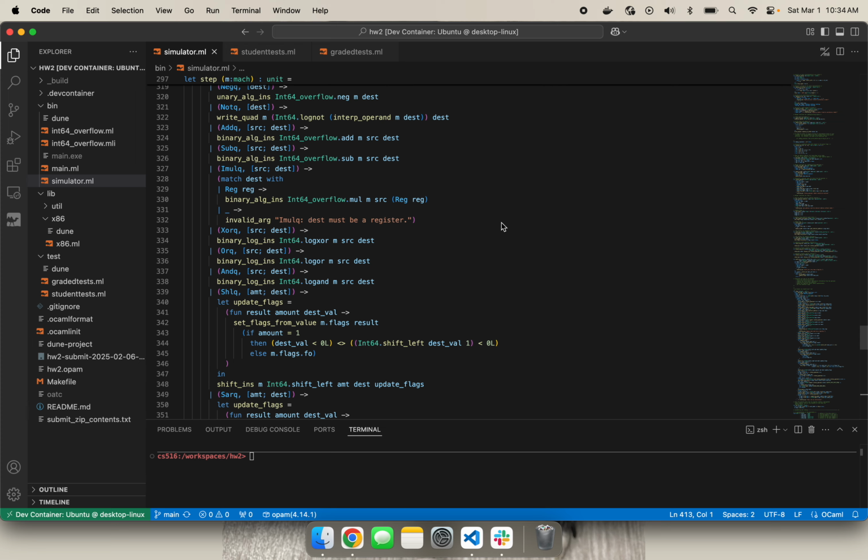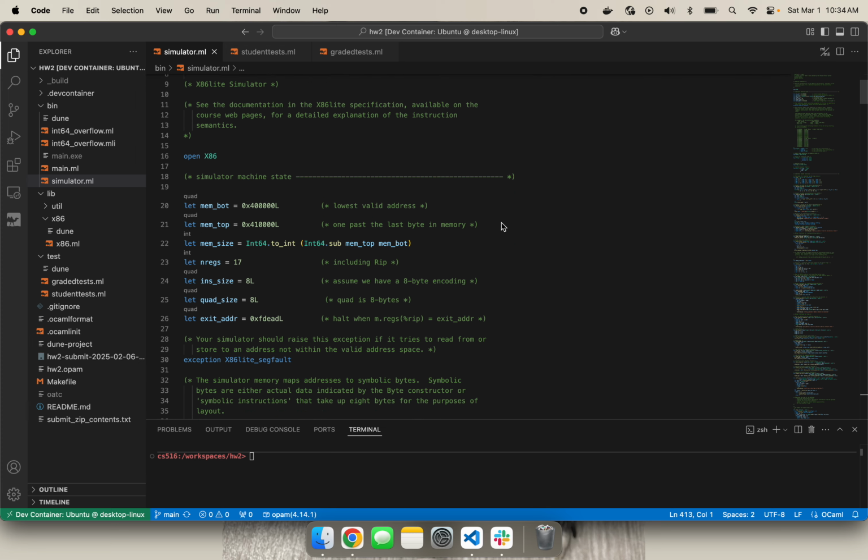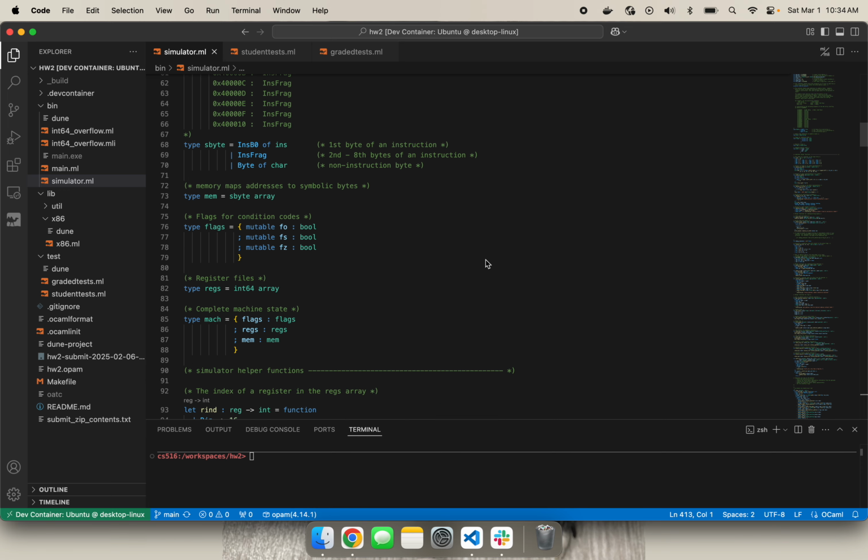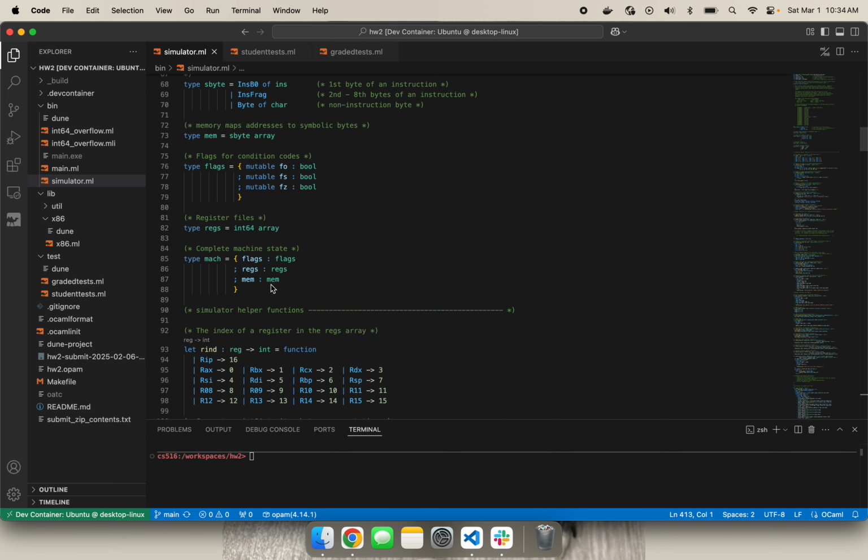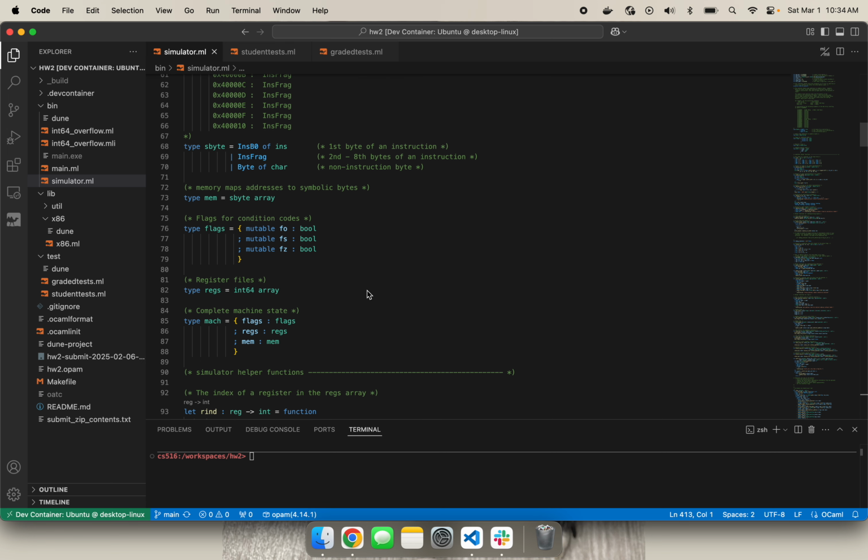first talk about the machine that's actually doing the simulation. So we'll pull up the data types there. There it is. Our machine is a record of three components: our flags, our registers, and memory. Our flags, as we can see here, are these three. FO is a flag for overflow, FS is a flag for the sign, and FZ is a flag for zero. And fortunately, these three are sufficient to decode a lot of the common